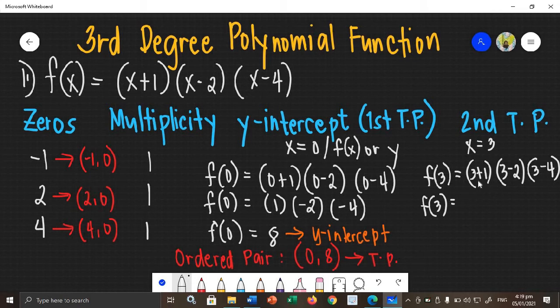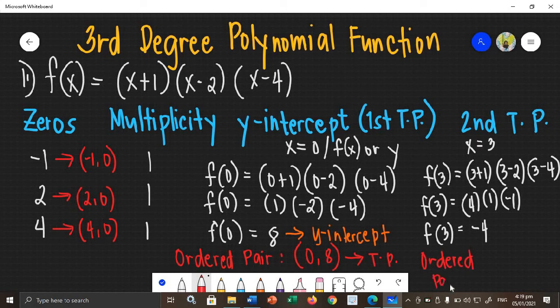F of 3 is equal to 3 plus 1, that is equal to 4. 3 minus 2, that is equal to 1. And then 3 minus 4, that is equal to negative 1. Okay? And then i-multiply natin sila lahat. So we have 4 times 1 times negative 1, that is equal to negative 4. Therefore, ang second turning point ng graph mo,